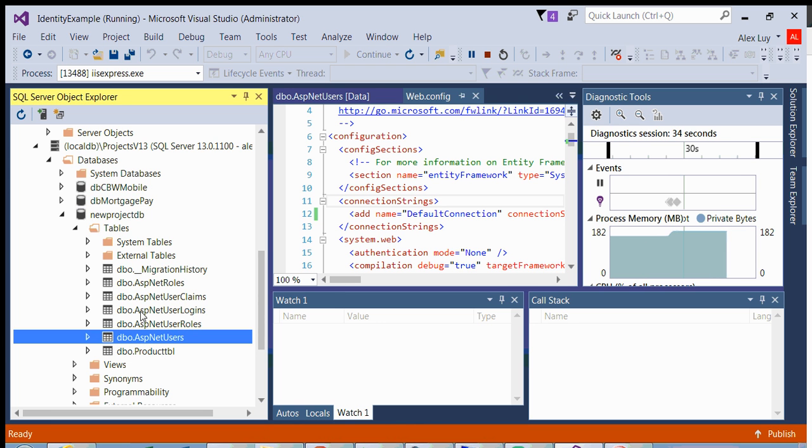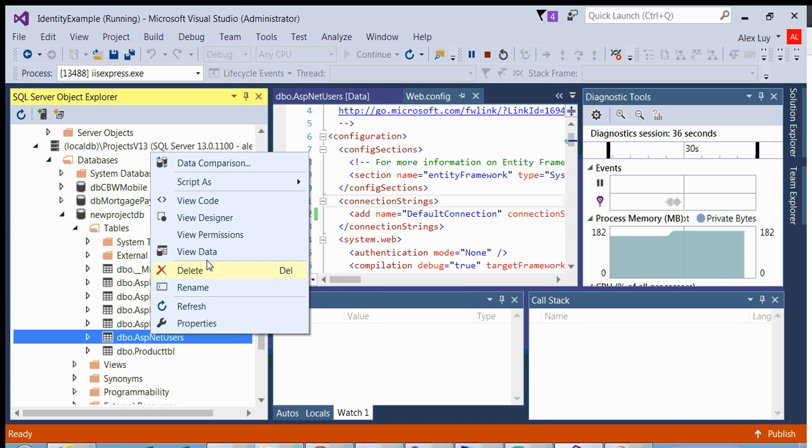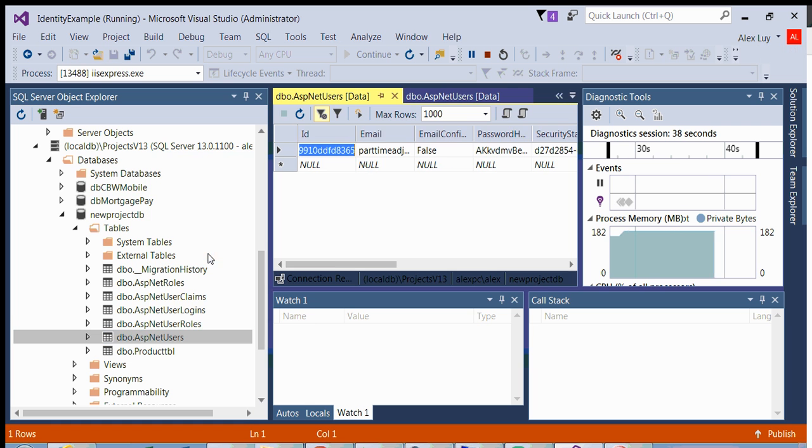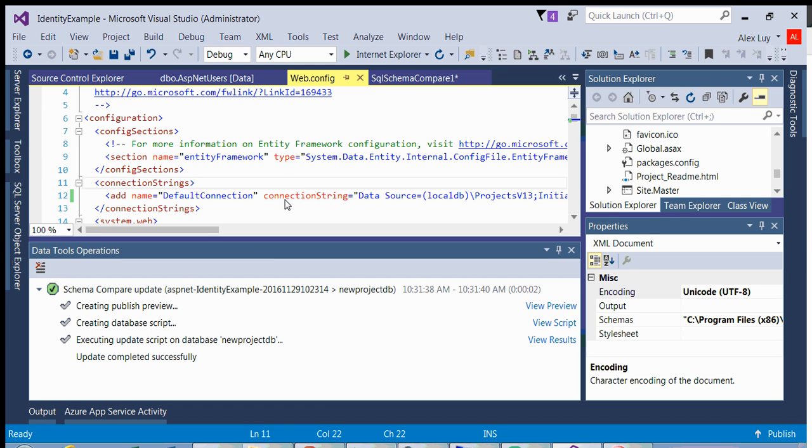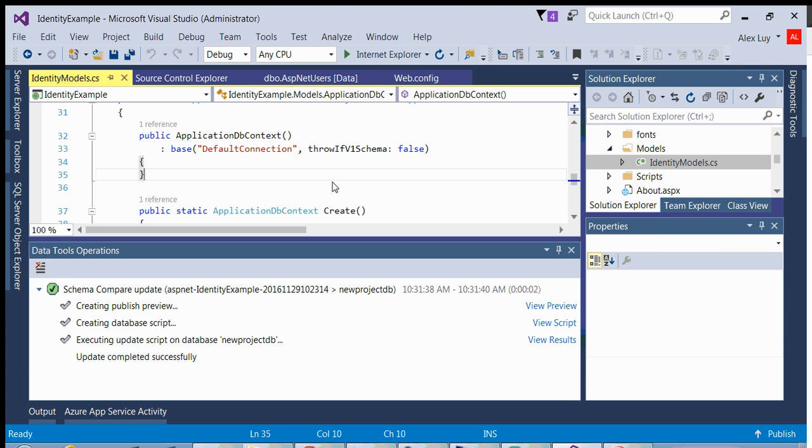So if you look at new project DB, I right click on ASP.NET users, and there is my information. Now suppose that I wanted to add a new field, which is a first name and last name in my registration, and that's very, very easy. And remember, .NET Identity uses the code first approach, so we first have to add two fields to our identity models. In the identity model,